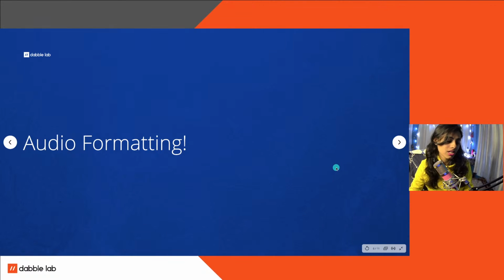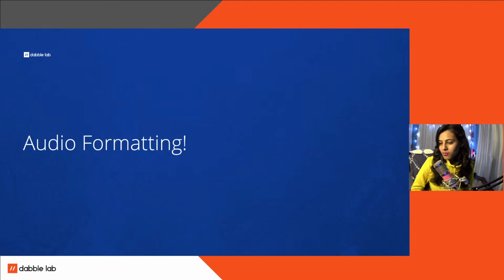Next comes the most important part of your audio. When you're talking about audio, make sure that your audio is formatted correctly, else you'd fail to have it in your Alexa skill. If your audio is not formatted as per SSML standard protocols, then your Alexa skill will fail to recognize it.